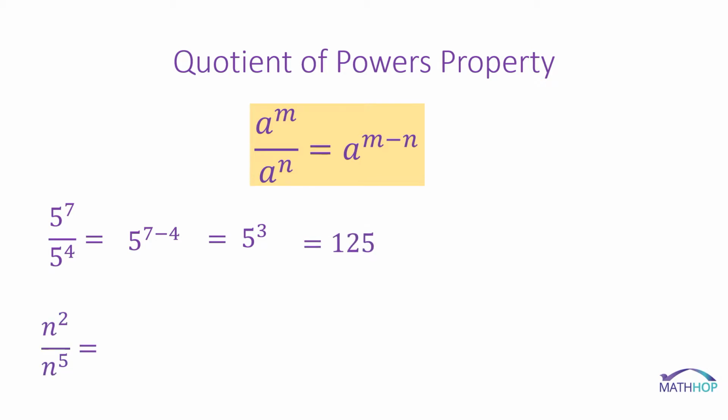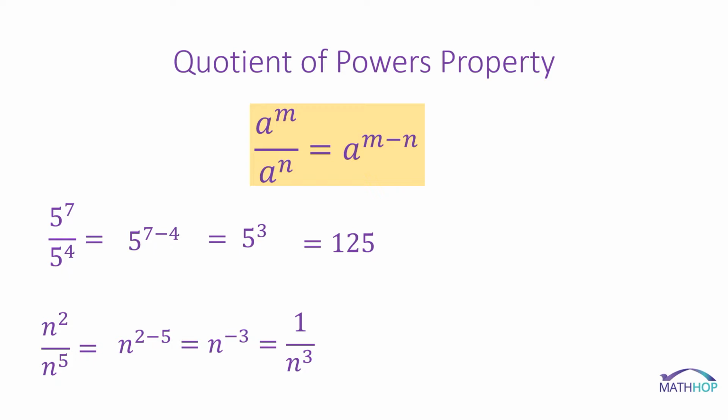This one, we have a larger power in the denominator, and it's the first time we've seen that. So let's look at it. We can think of it either way. I'm going to give you two ways to think of it. Let's use the rule for now. N to the 2 minus 5, that still works. You get n to the negative 3rd power. Remember that a negative exponent is simply a reciprocal, so that is equal to 1 divided by n cubed, or